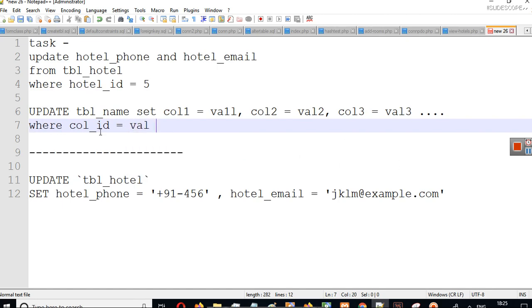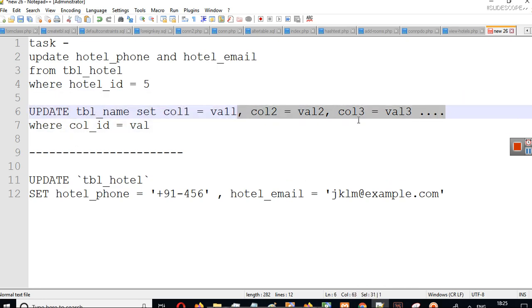This col_id can be anything. Let's say we want to update city. So update tbl_name set city is equal to something where column is equal to something. There is no need to write all the columns. If you want to update only one column, you can write it like this: update table_name set col1 is equal to val1 where col_id is equal to val.